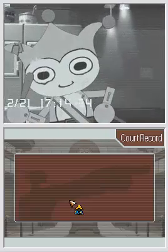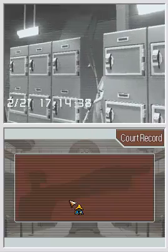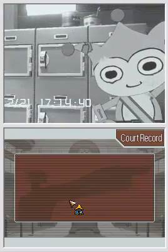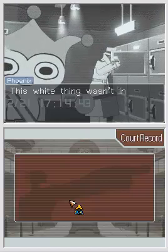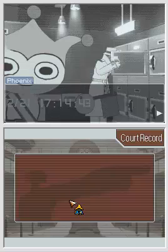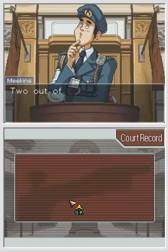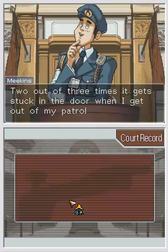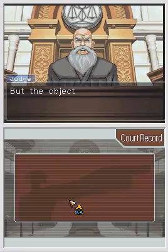Inserted? This white thing wasn't inside the locker. It was stuck between the door and the sensor. Oh, I understand now, sir. It's just like my tie. Two out of three times it gets stuck in the door when I get out of the patrol vehicle, sir. Instead of the door closing, it's just...